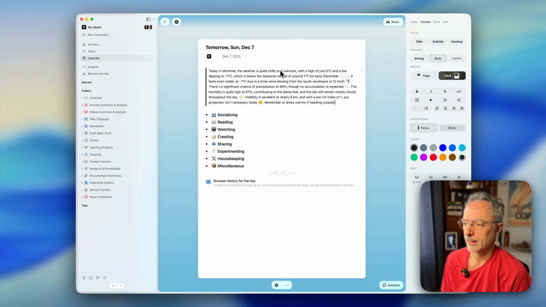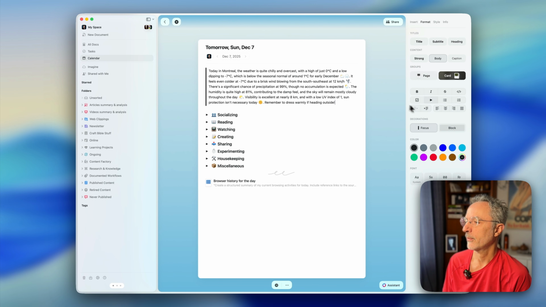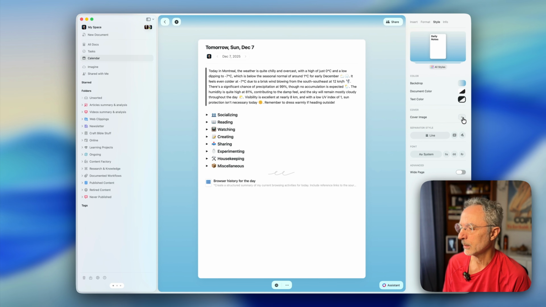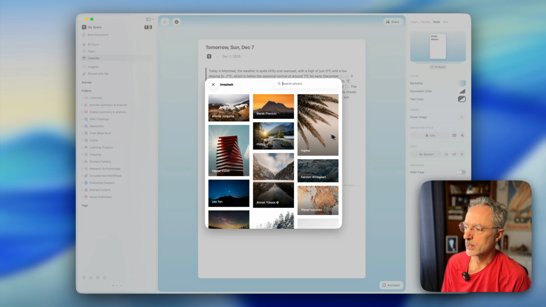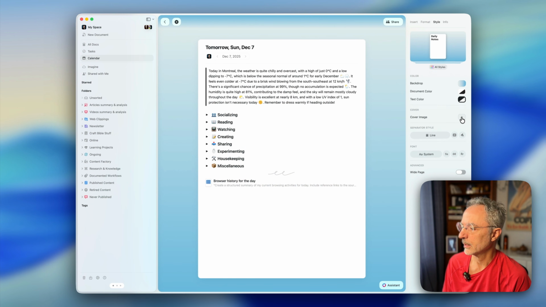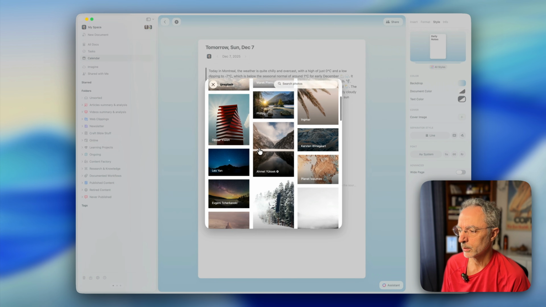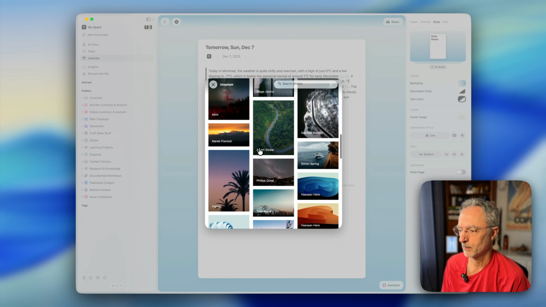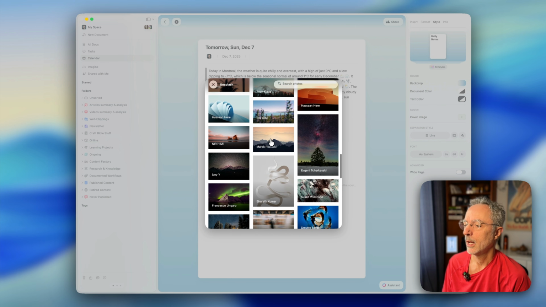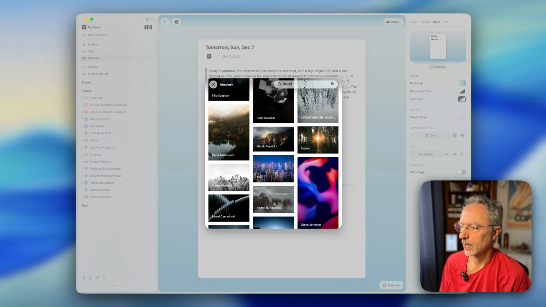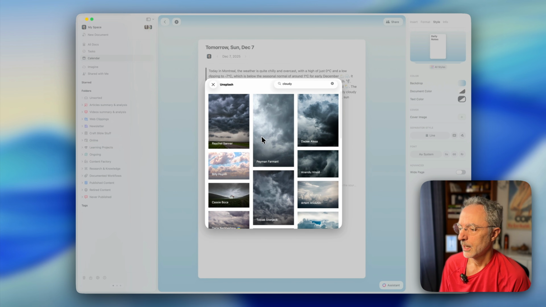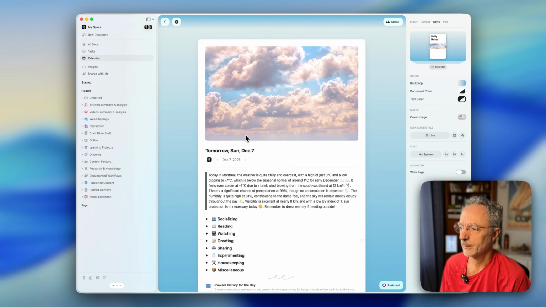Next up is to select a header image. And because the content is weather related, if I go in the style here and then select a cover image and then Unsplash, I don't know if you saw that quickly, but if I click there, a few weather images appear because that's the theme of the current daily note. I'm going to select that instead. And depending on the mood that I want to have for this, or my personal mood, I'll select an image where I like the tones. Select cloudy, for example. Let's say I'm selecting this one.